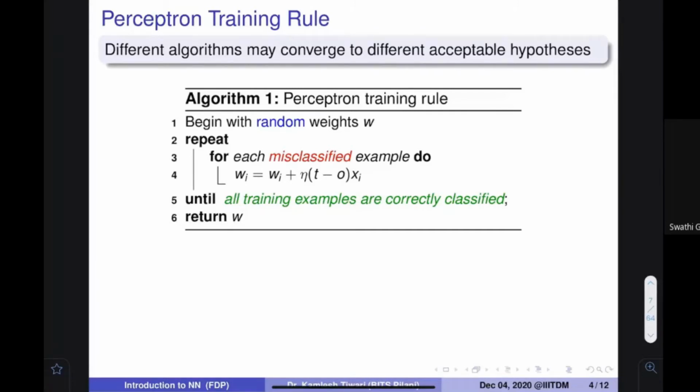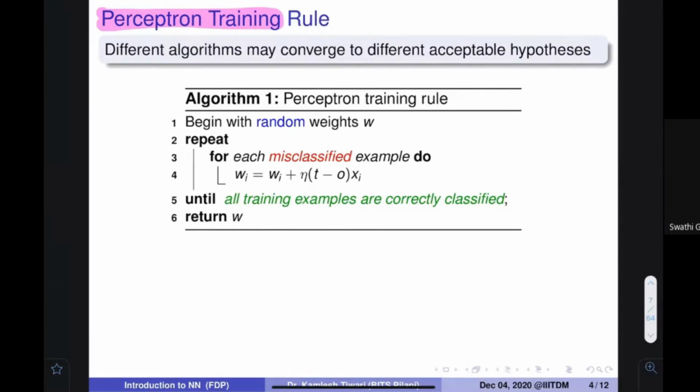Okay. So how to find this? There is a settled method for this, and it is called the perceptron training rule. So again, there is a name, because we want to design the perceptron. We want to design the perceptron training rule. How to train this thing? Okay. So the perceptron training rule is this. Right now, try to focus on this. It's very easy. I would be telling you that it's very easy.